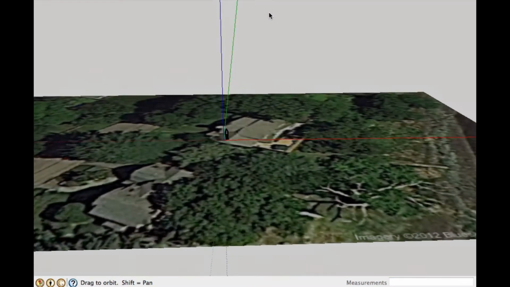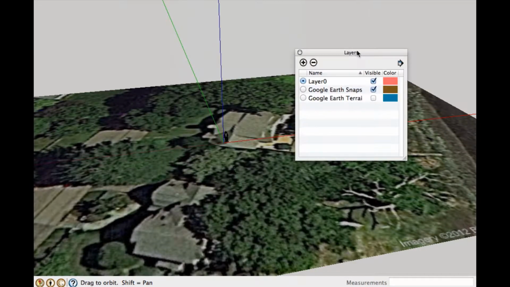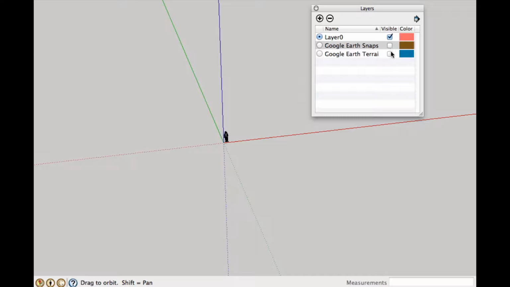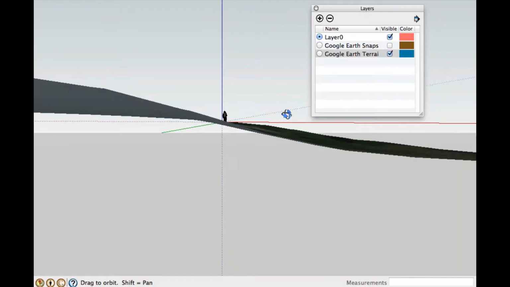All right, so once this is in SketchUp, it actually imports 2 layers. So if I go to the Layers panel, you'll see that there's the default layer 0, which is in every SketchUp model by default. That's visible. There's the Google Earth Snaps layer, which is what I'm looking at, which is basically just an image of this area with no indication of topography. And if I hide that, I can turn on the terrain layer, which actually shows you topography